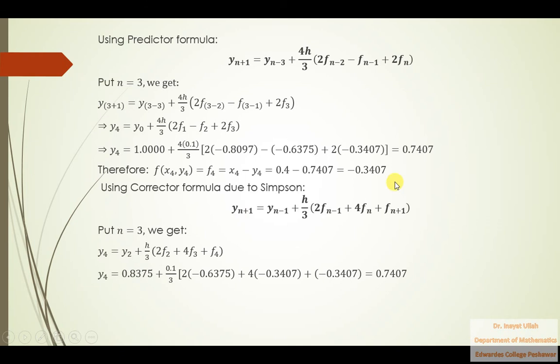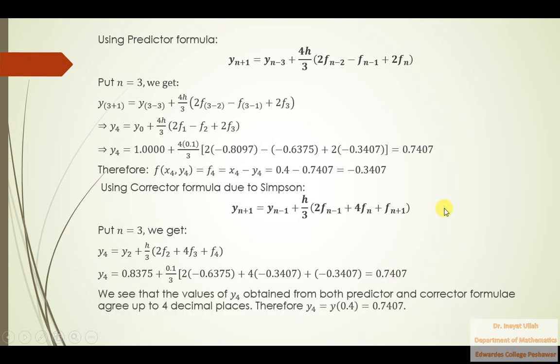If you compare these two values of y, they agree up to 4 decimal places. So we say that the two values of y4 obtained from both the predictor and corrector formulas agree up to 4 decimal places. So therefore